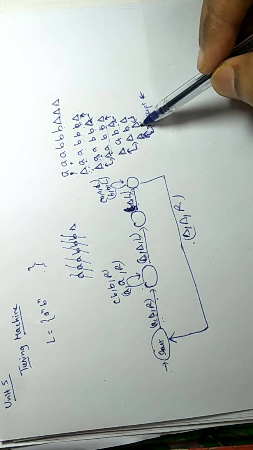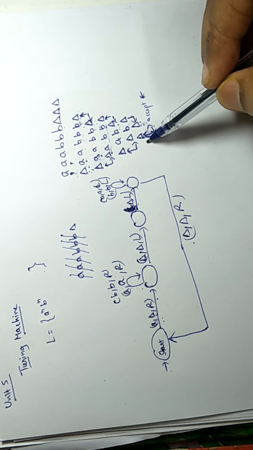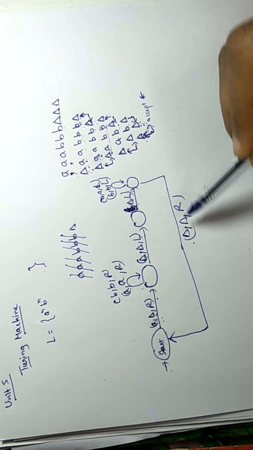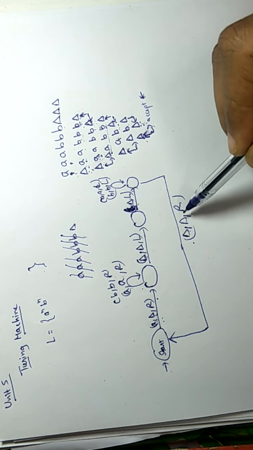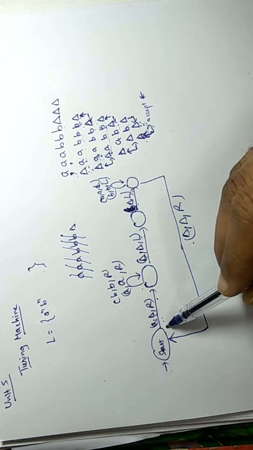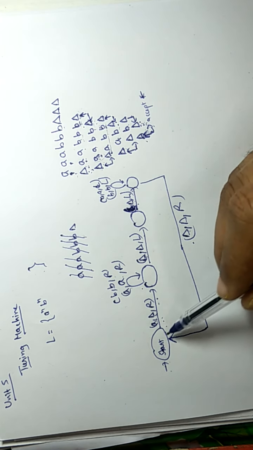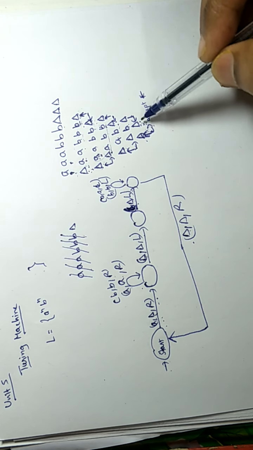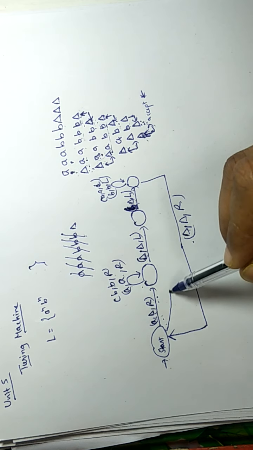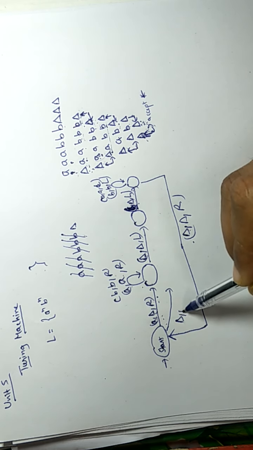By converting this B into a blank and moving to the right, then moving to the left, we will get this blank, and on reading this blank we are not getting any A in the right. So here we will not get A at the end. What will we get to the right of this blank? We will get a blank again. Now here we will get a blank again.